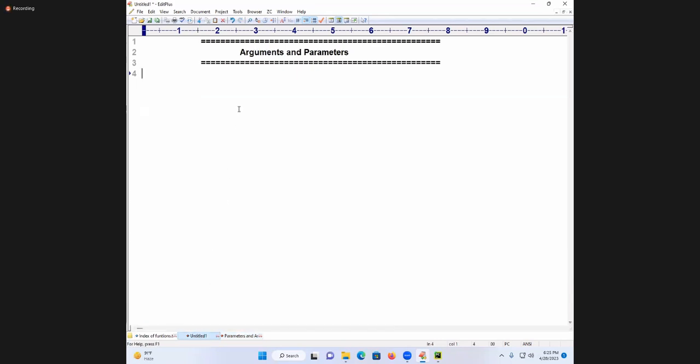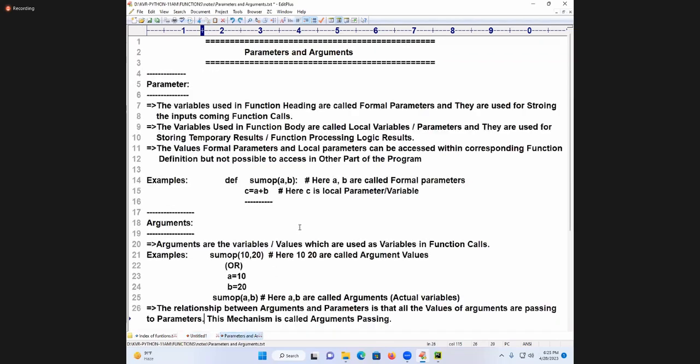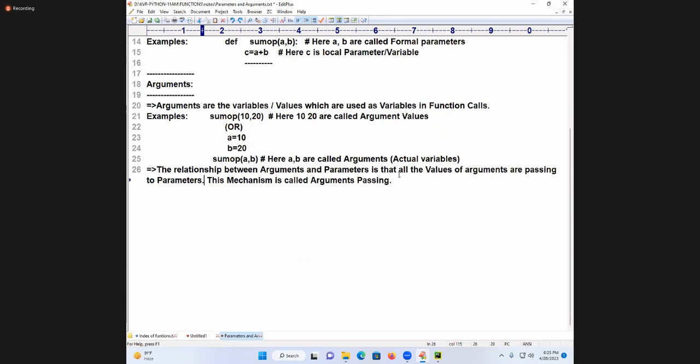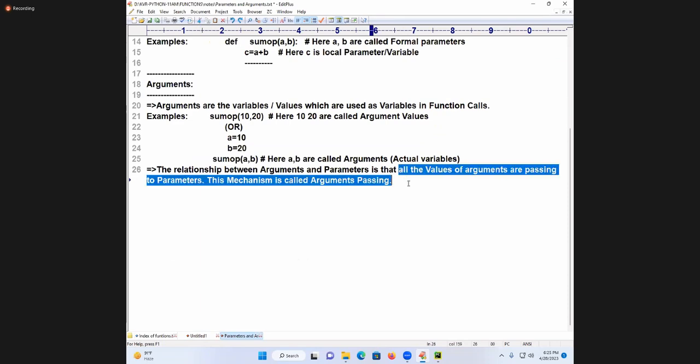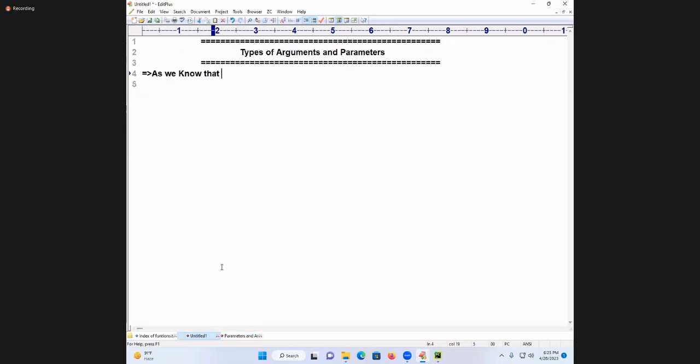Once it is clear, now I am entering into types of arguments and parameters. As we know that all the values of arguments are passing to whom? Parameters.